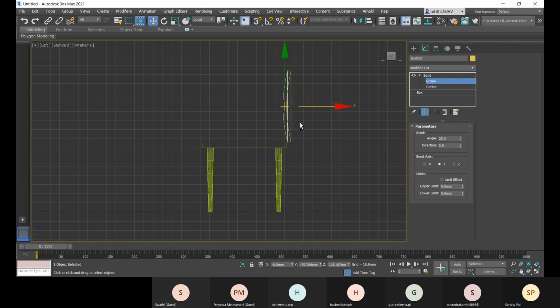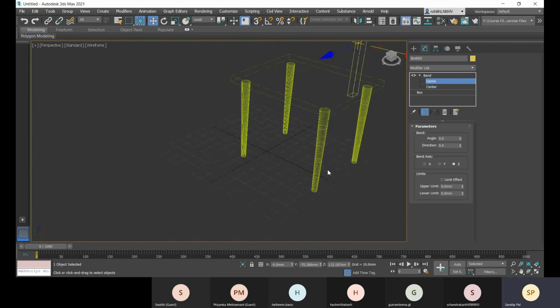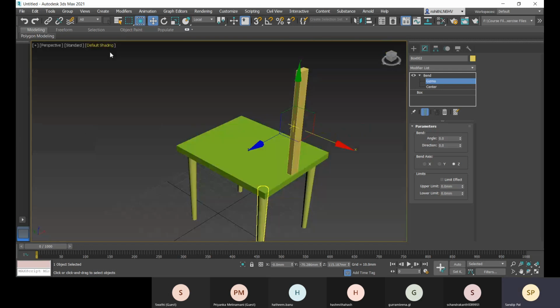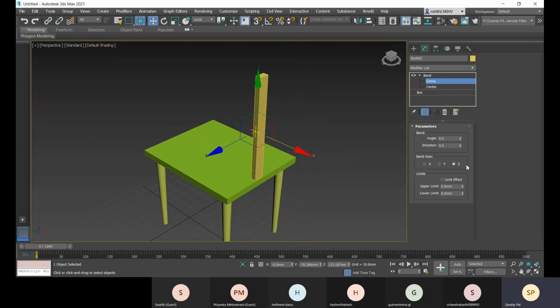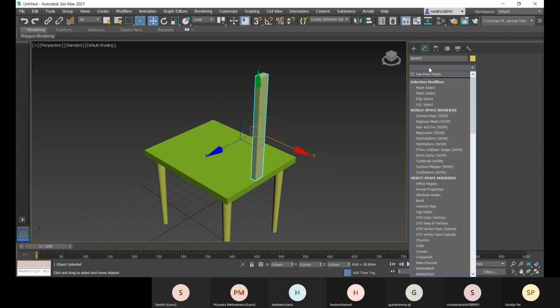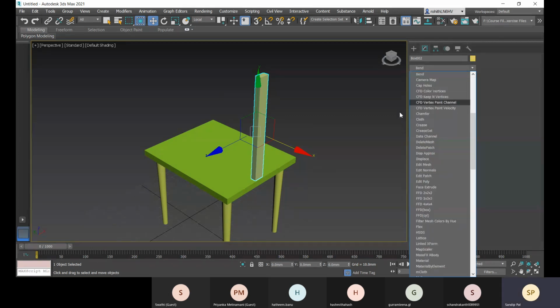Okay, so now let me just go with this perspective view. Let me change this to default shading. Okay, and bend modifier.